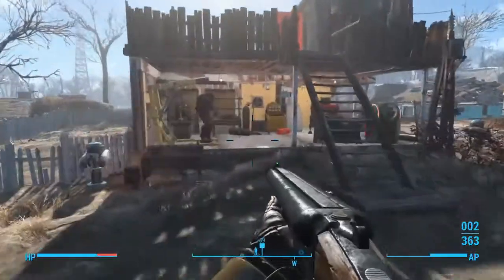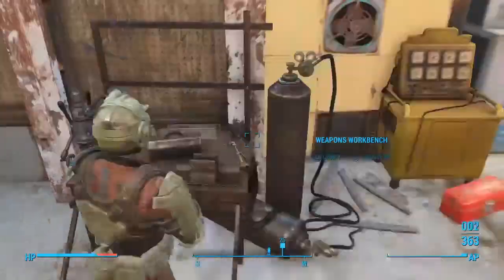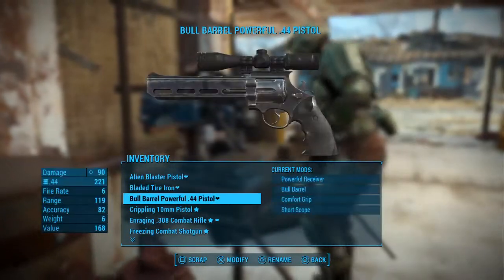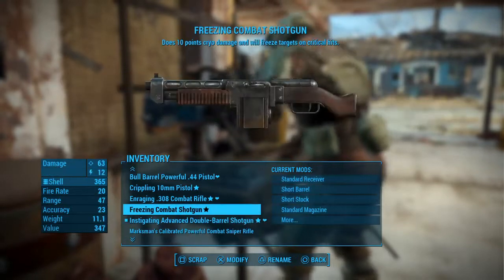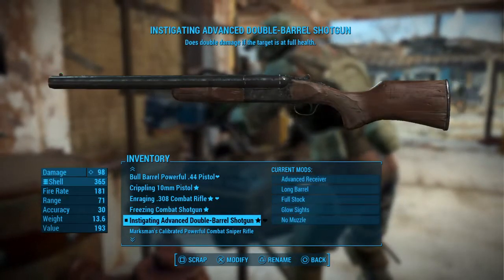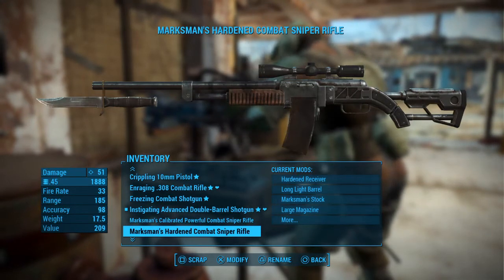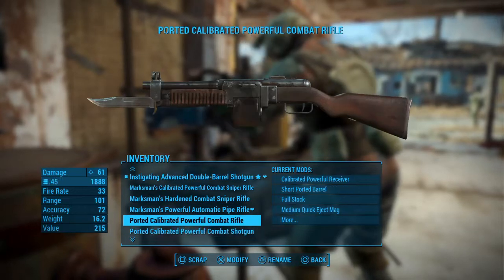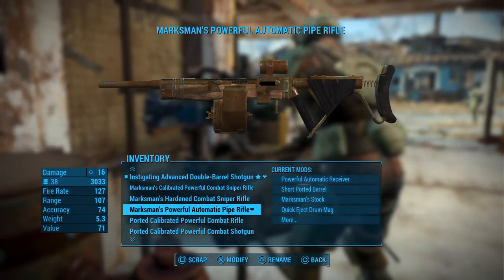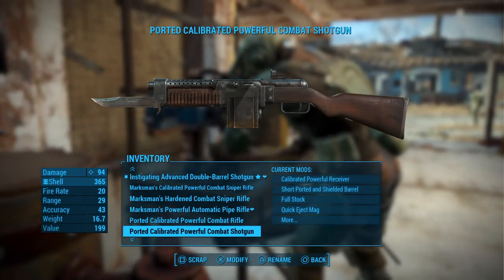I'm getting to the point in the game now where probably having the auto shotgun or semi-auto shotgun is going to be better for me overall. So basically I'm going to improve this freezing one and see how that goes. So we've got, yeah, some stuff I can drop here because I already have my rifle finished, but let's go in here,